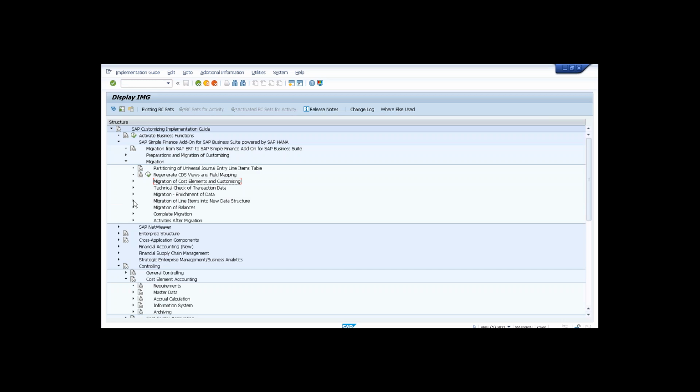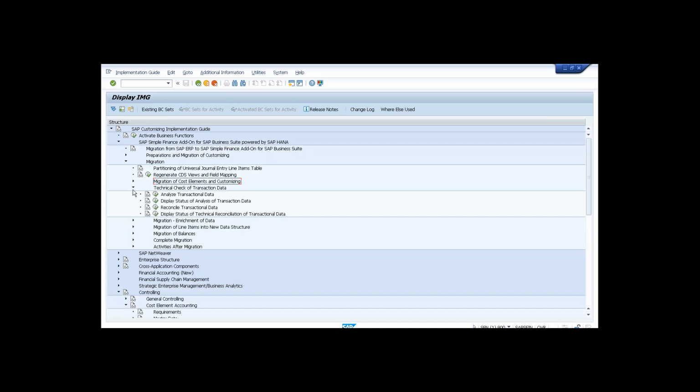If we continued with the migration of data, it would consider them as secondary cost elements. So we need to create these cost elements first, and only then go ahead with the migration. Apart from this, once you perform this technical check and you're not getting any error,